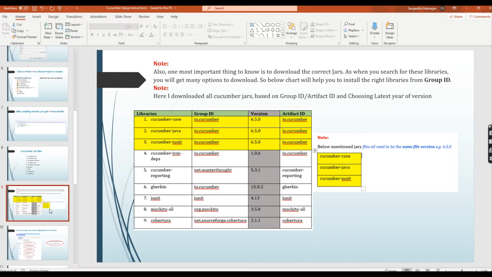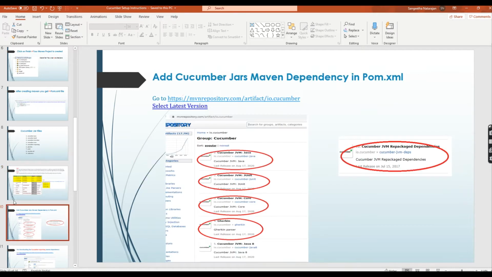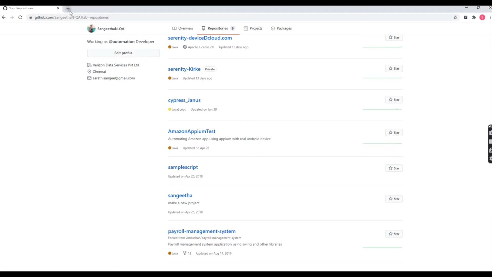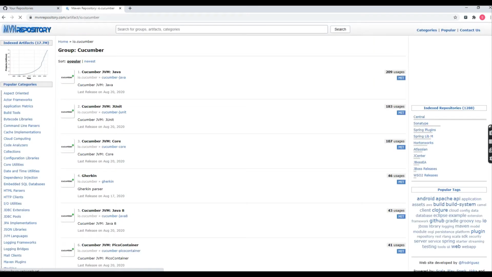Where am I going to take all 9 jars' Maven dependency from? Go to this URL, which is mvnrepository.com/artifact/io.cucumber. This is the Maven dependency URL where you can take all the Cucumber Maven dependencies. Click here and you can see all the Cucumber jars dependency available.